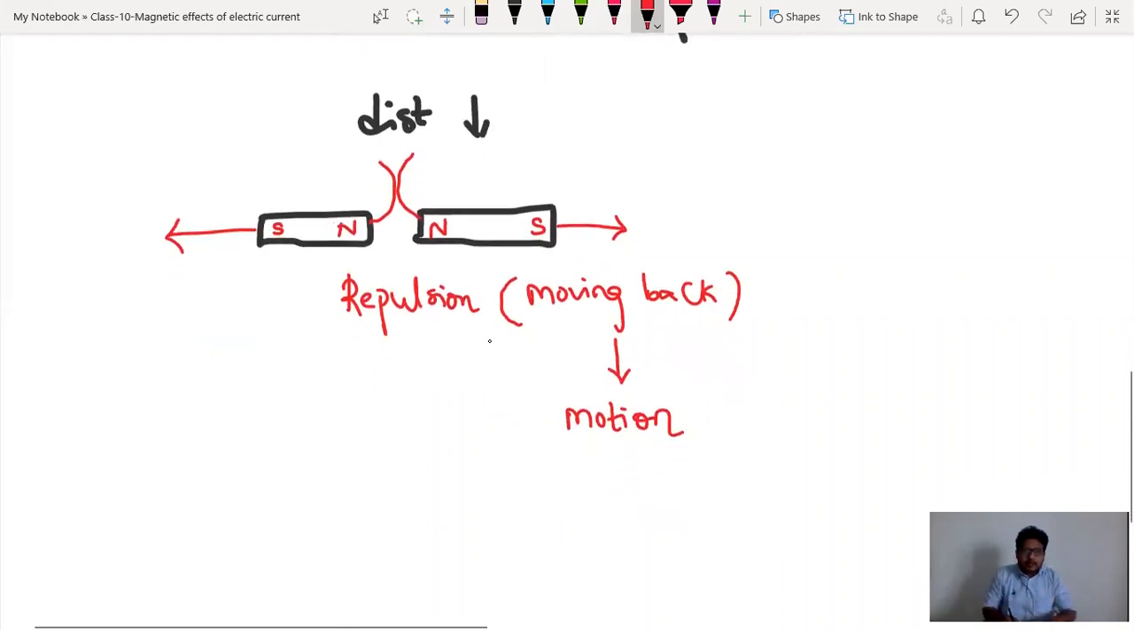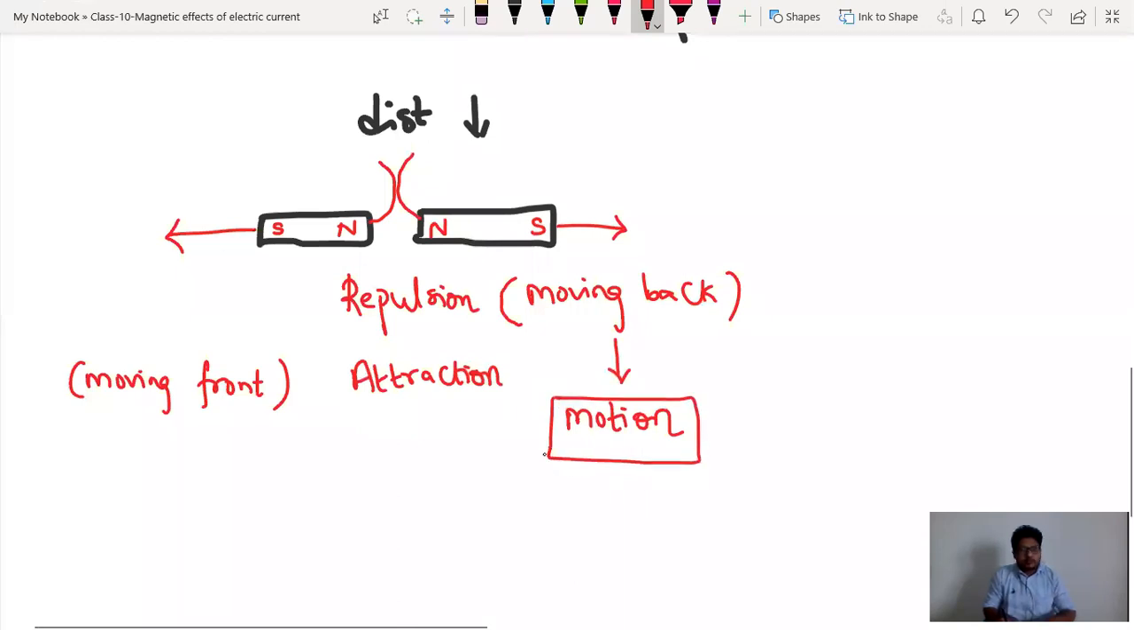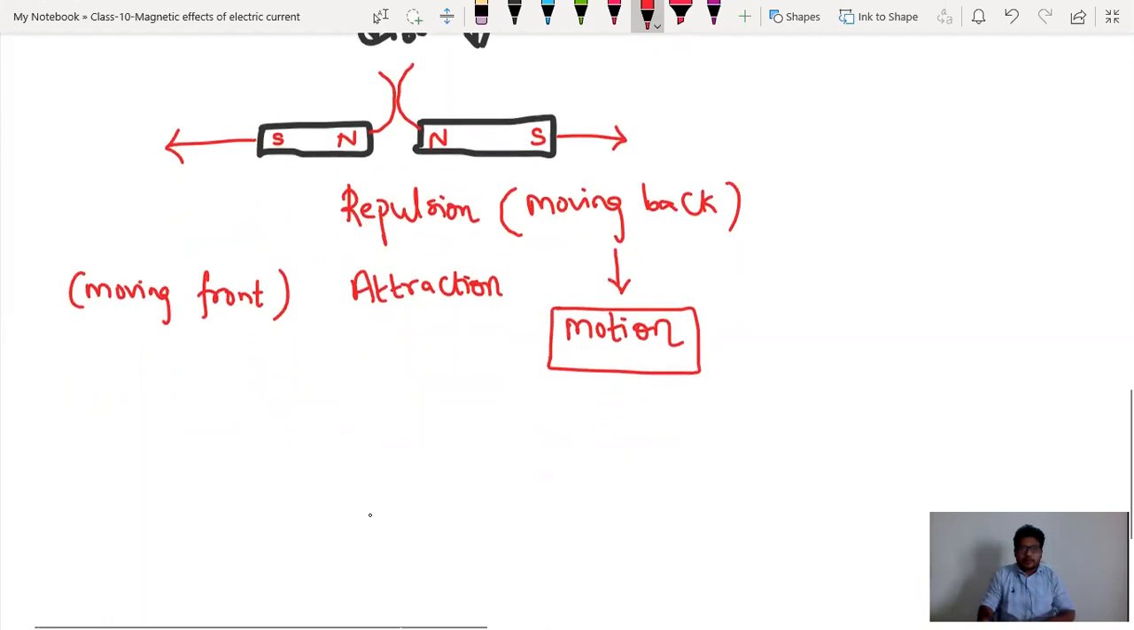So whenever there is repulsion, or guys, whenever there is attraction, attraction means moving front, we can say. Attraction in the sense moving front, repulsion means moving back. Either moving front or moving back refers to motion. So simply to say, if you place one magnet here